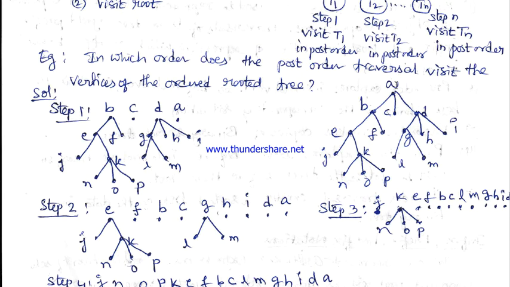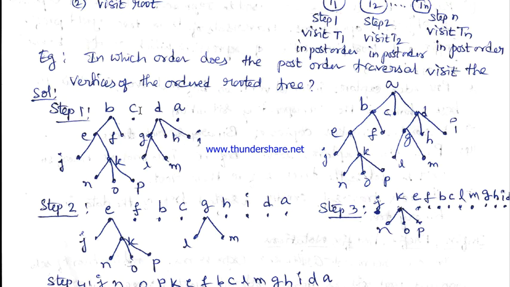According to our post order technique, with the root vertex A, we have a subtree at B, C is a leaf, and a subtree at D. First we have to traverse the subtree at B, then we visit C, then the subtree at D has to be visited. Now the root vertex A has to be visited. It is clearly shown here. This is the first step of the traversal technique.